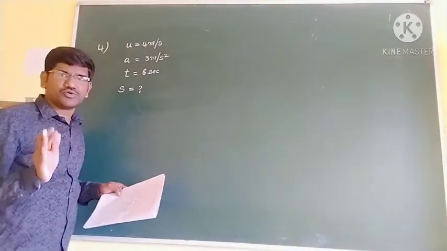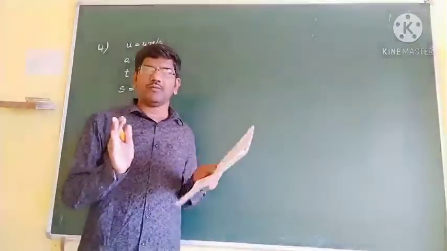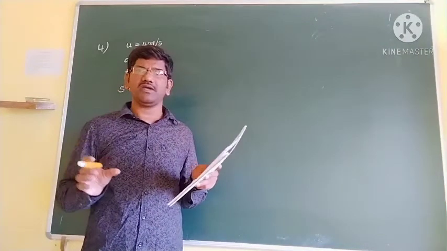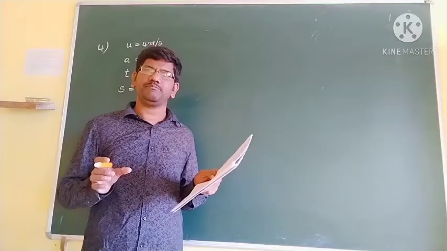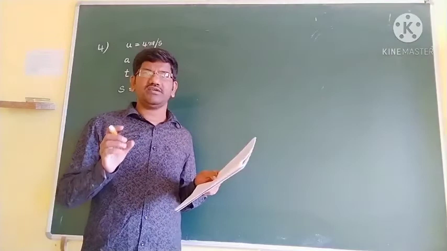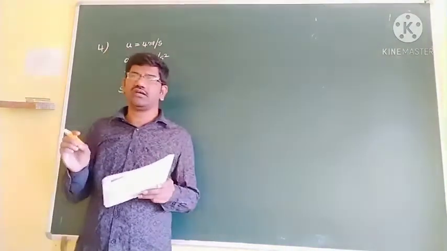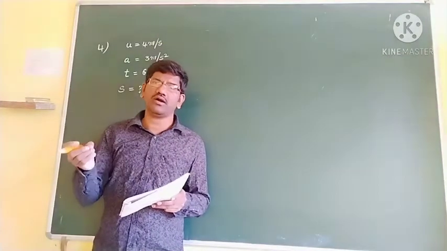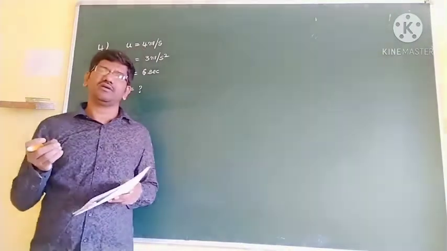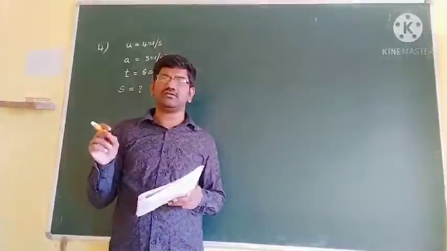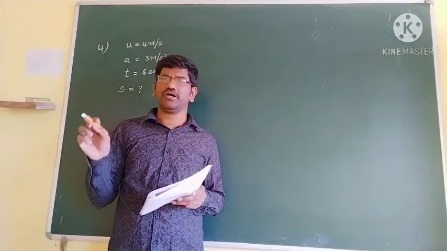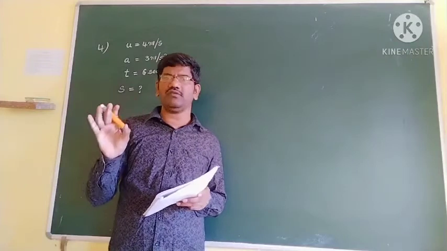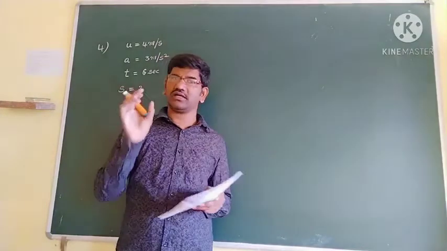Whenever you want to do a problem, read the problem carefully and write all the given data. See whether all are in SI units or not. If they are not in SI units, see the options and in which units they are given, and do whichever is convenient. Otherwise, take all the physical quantities in SI units. Write which one you have to calculate and put a question mark, and go for the respective formula, whichever is useful according to the given conditions.